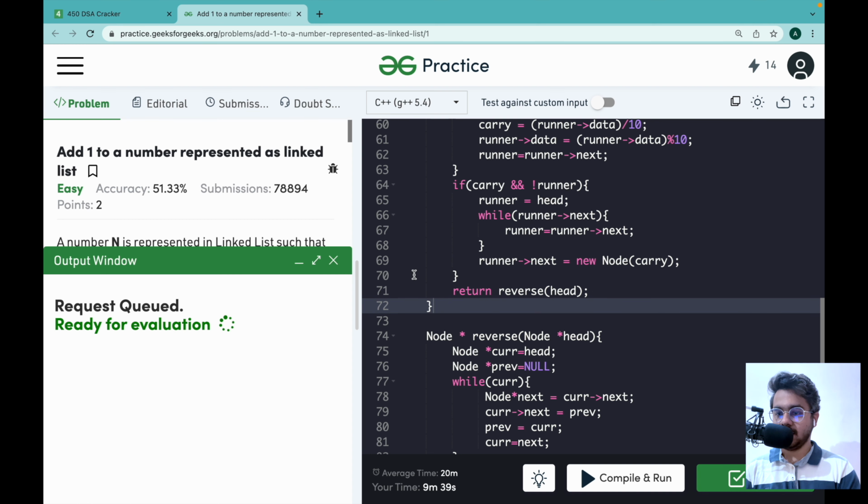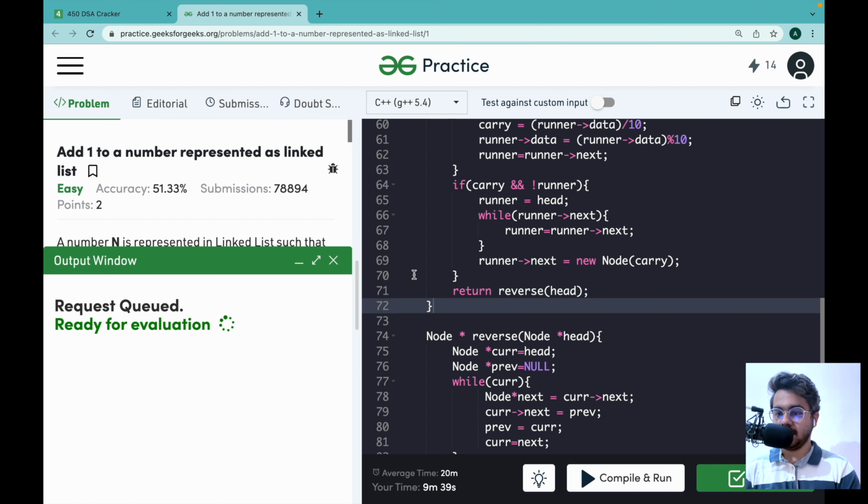In this case, we could have also done the part of 1 differently, because 1 is going to be added. So much iteration was not required if we had stored it in a previous. So here previous will simply be runner, and runner will move forward.